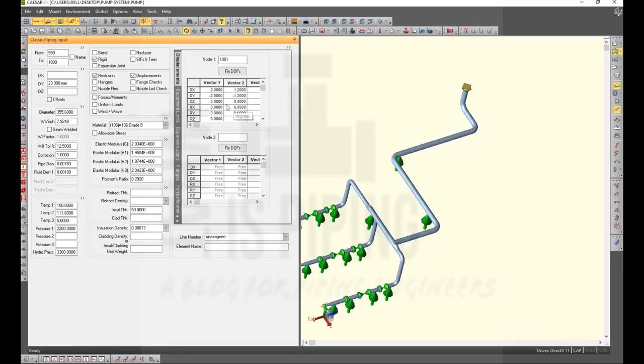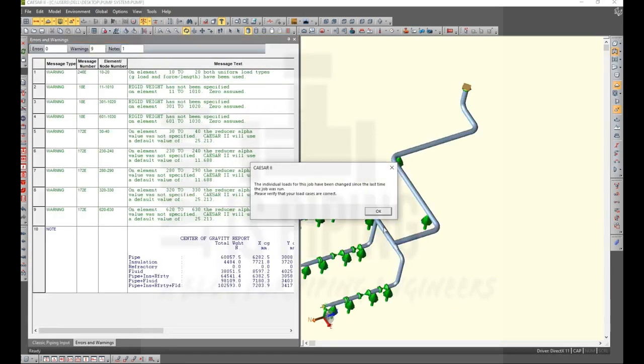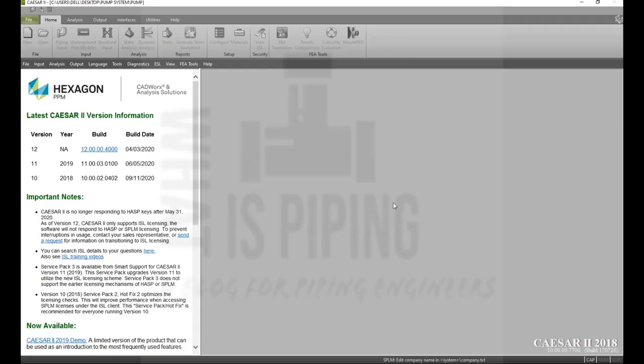Once you define this D1 and D2 here, you have to define the same in the load cases. For that, you again have to run the error checker, go to the load cases, and add these displacements.